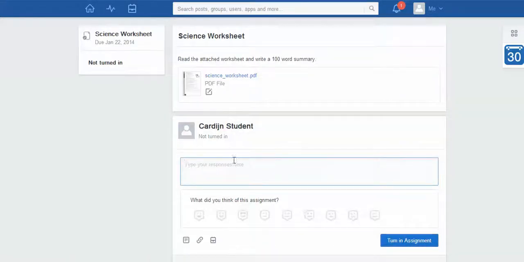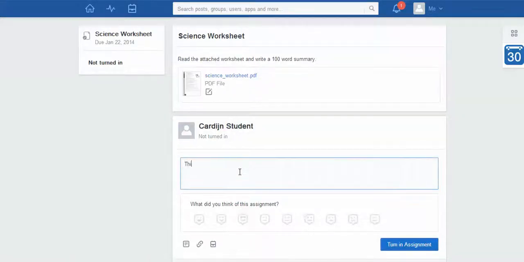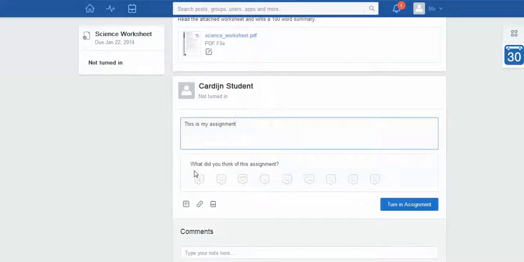Okay, and I'm actually going to turn something in here. So I'm going to say this is my assignment. It's usually good to encourage that they do something, that they actually write something. A lot of the time you just get a blank box, and they've got these little emoticons here that they can select, so they might say it was interesting. And if it's in a Word document or a PDF or anything like that, they can then just upload that